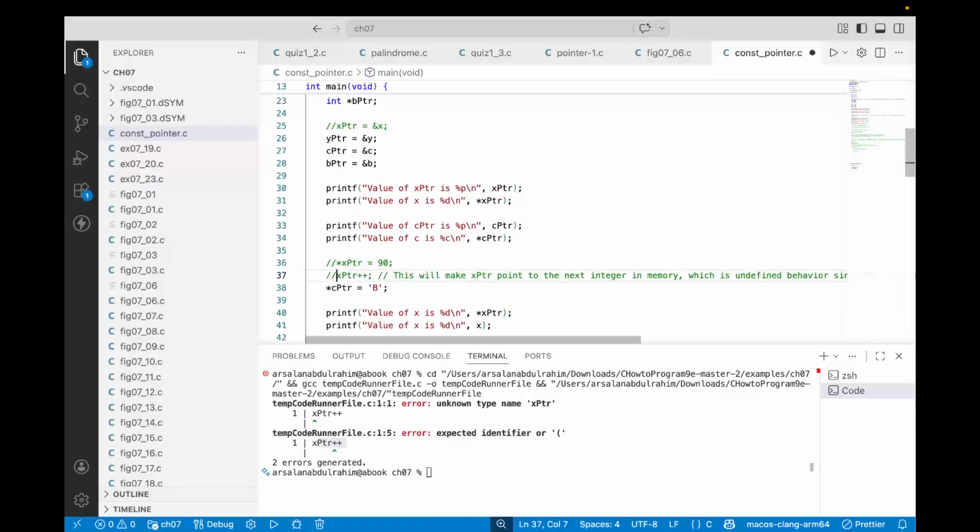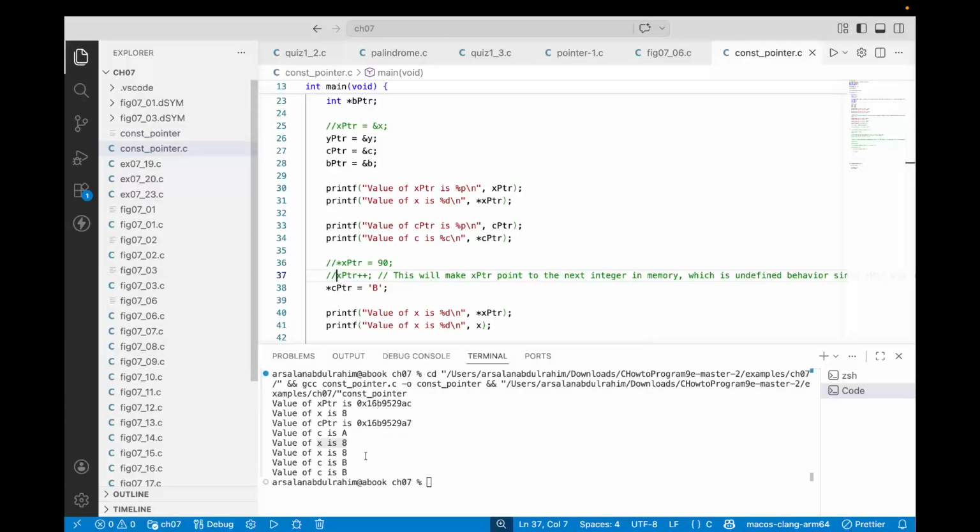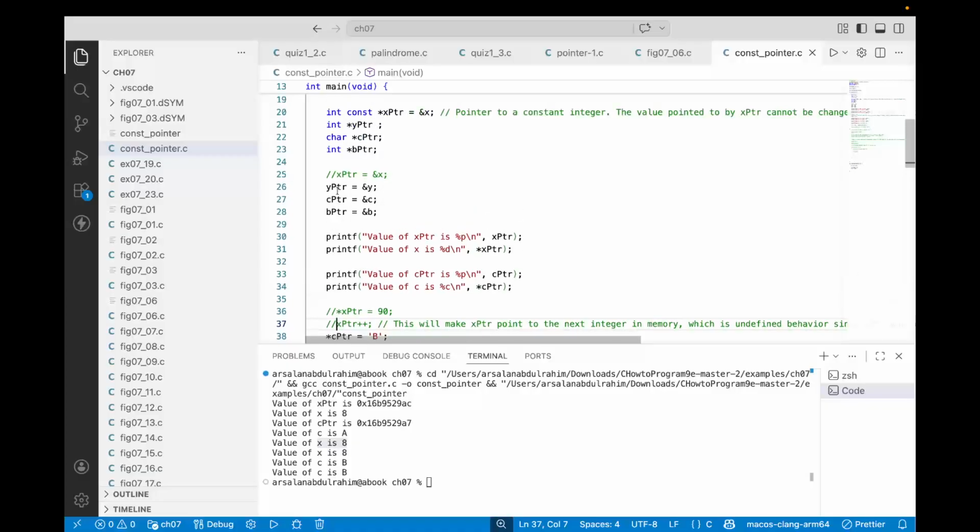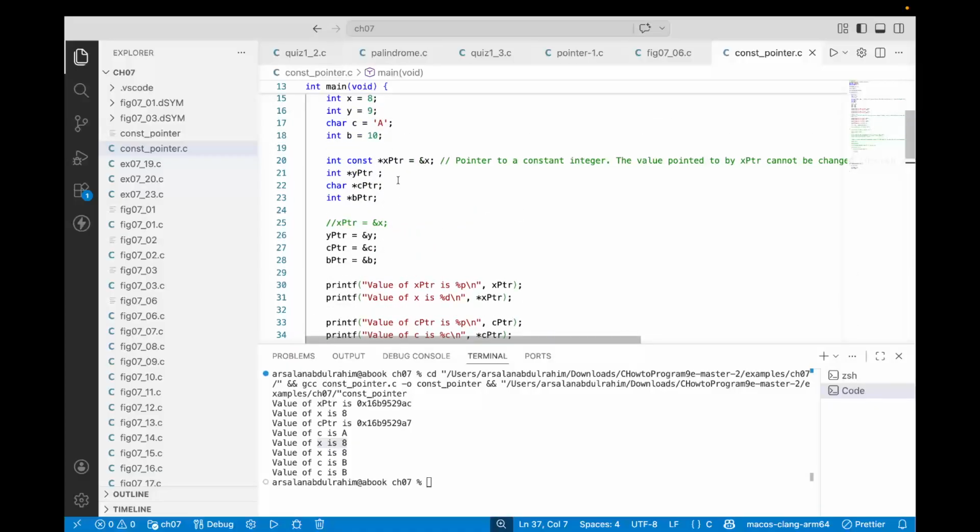Let's say I don't want this command over there, and I'm just printing the value of x over there. I'm not changing anything. So you can see now the program runs okay. Sorry about that. In the very start, I put this const here in this one. Whenever you have a const pointer, you have to use the const before that asterisk and xptr. And remember, whenever you are making a constant pointer, you have to declare the address to which it is pointing